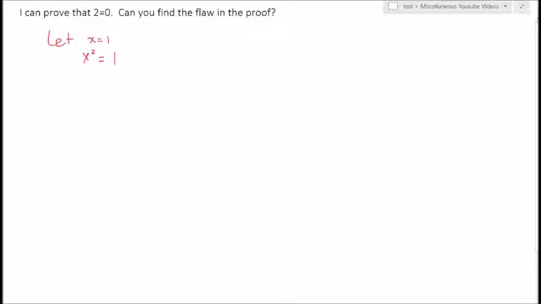Okay. We can definitely say that if x is equal to 1, well, x squared is also equal to 1. All I've done is square the left and the right side of the equation. So nothing wrong with that. Now what I'm going to do here is subtract 1 from both sides of the equation. What we get is x squared minus 1 is equal to 0. Okay. And now we can factor